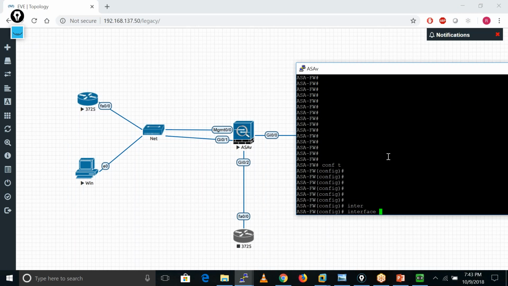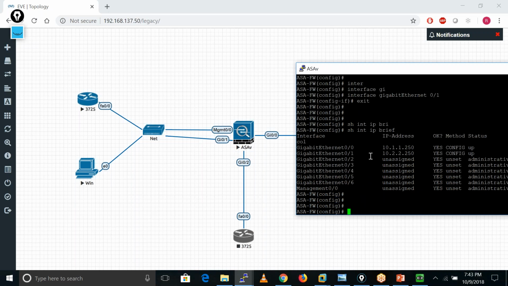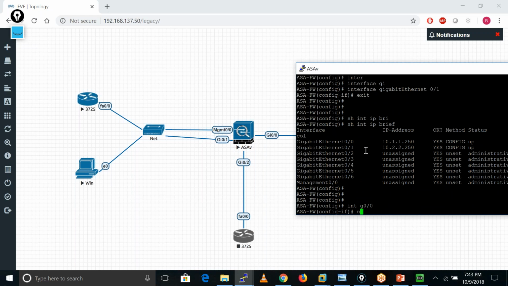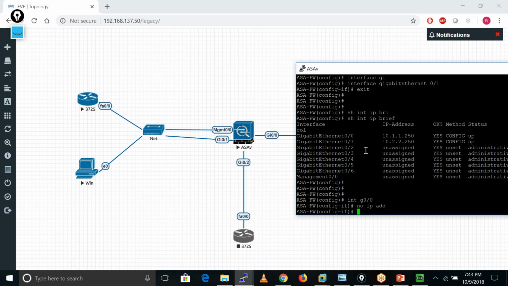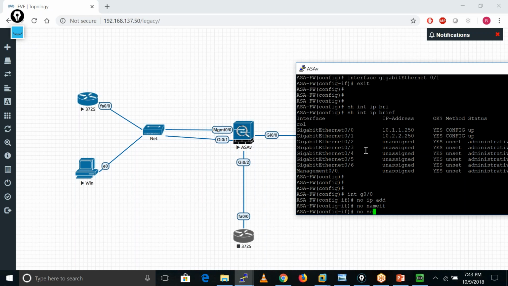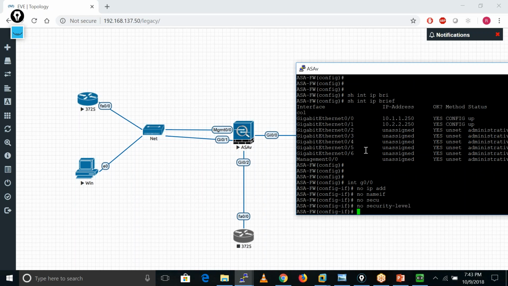How can we configure the IP address? Interface GigabitEthernet 0/1. Let me check the IP address with show interface ip brief. Let me remove these IP addresses, otherwise I'll get a mismatch message. No IP address, no nameif, no security level.